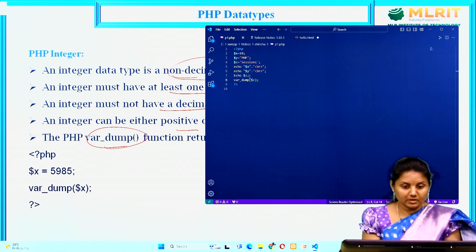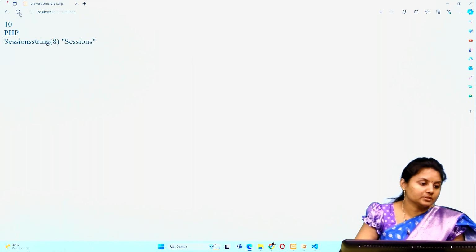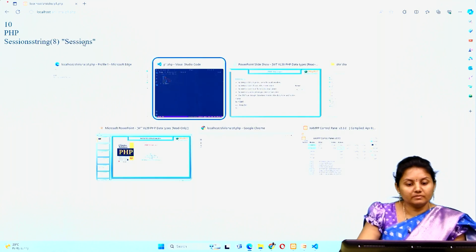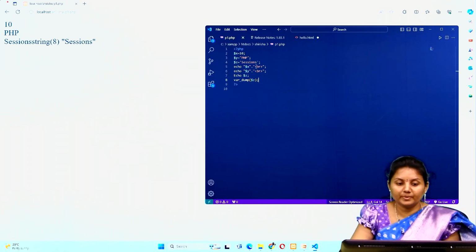And every statement should end with a semicolon. Just refresh. String, it's a type of string. What is our string value? Sessions. So that is what it is going to print. Okay. Then